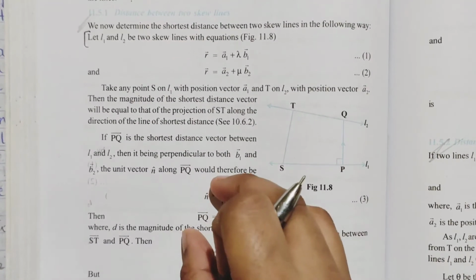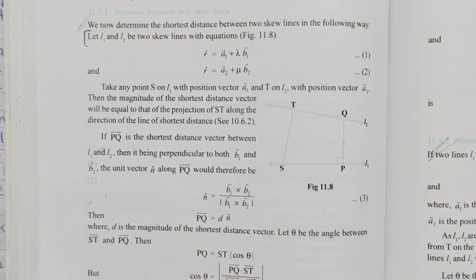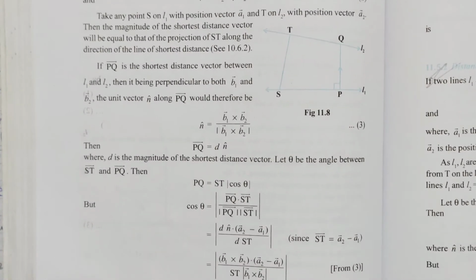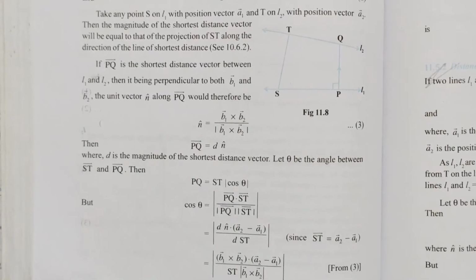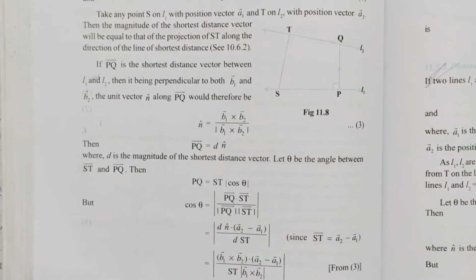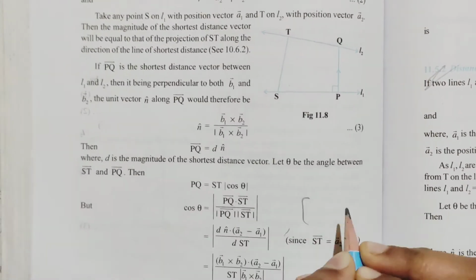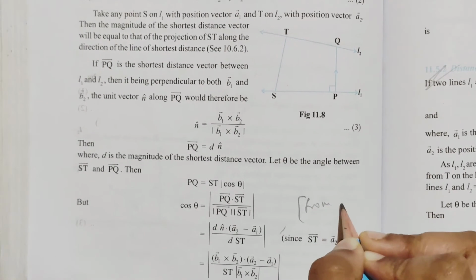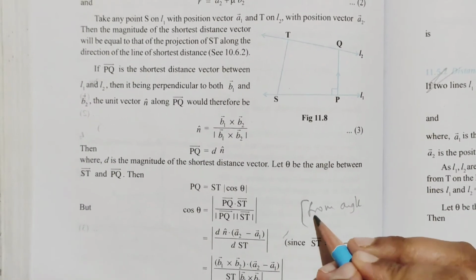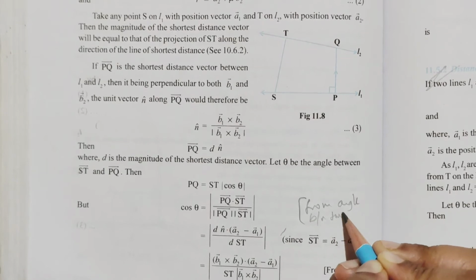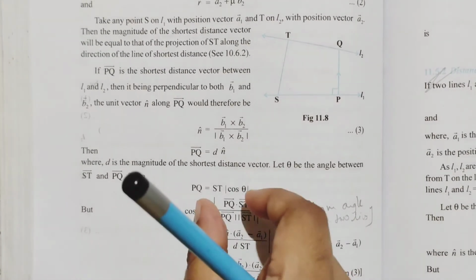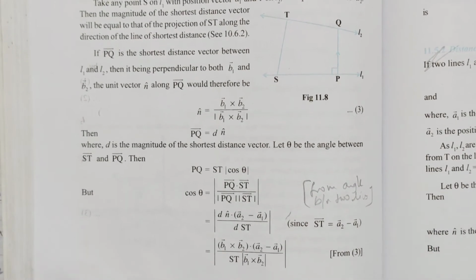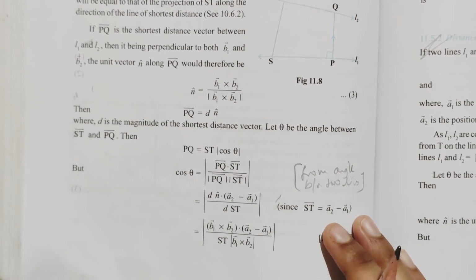And the angle between two lines is involved here. So here you can consider my notes also which I have given. Here I have written from angle between two lines, okay. This is your angle between two lines formula, this is only a formula, they have just written it off. So write all this.